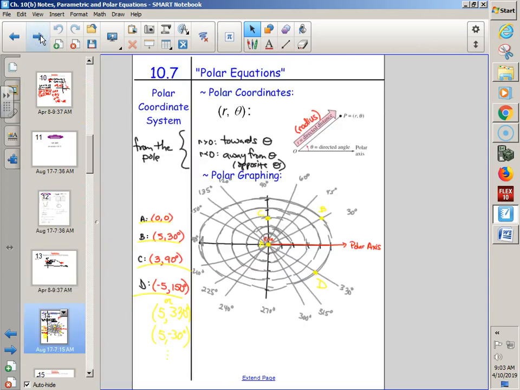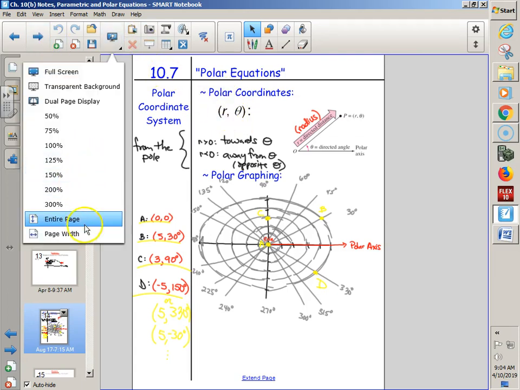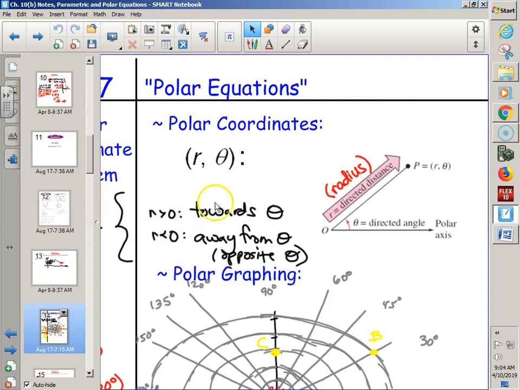As I told you yesterday, we're going to do a little bit more 10.7. We just learned how to graph these r's and thetas. Remember, quick heads up, if r is positive, we are headed towards the angle, and if r is negative, we're headed away. Quick example, if you see someone in the hallway and you're like, I like you, you have a positive relationship with them, maybe you'll go towards them. If you see someone in the hallway you have a negative relationship towards, you might be like, I'm backing away, I'm going the other direction. Or you could be childish like that too. Okay, so